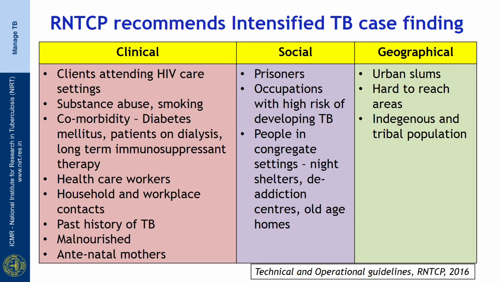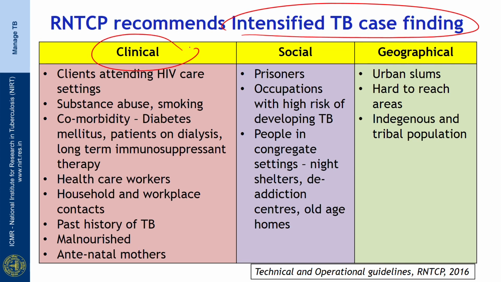The revised National TB Control Program of India recommends intensive TB case finding in those groups who are vulnerable to TB, known as the high risk groups for TB, either because of their clinical condition, which include clients attending HIV care settings, those with substance abuse or smoking, those with comorbidity, especially diabetes mellitus, and patients on dialysis, long-term immunosuppressant therapy, healthcare workers who are at high risk, household and workplace contacts of TB patients, those with past history of tuberculosis, those malnourished, and antenatal